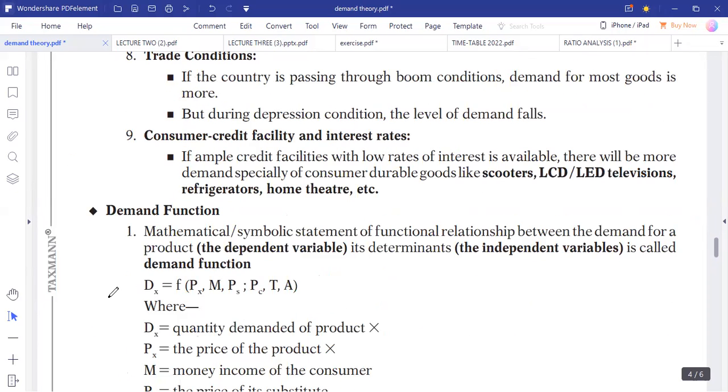So this is where our demand function is derived. So demand in terms of X is given by P_X, M stands for the income, price of a substitute, price of a complement, and advertising. Now, let me take you briefly to